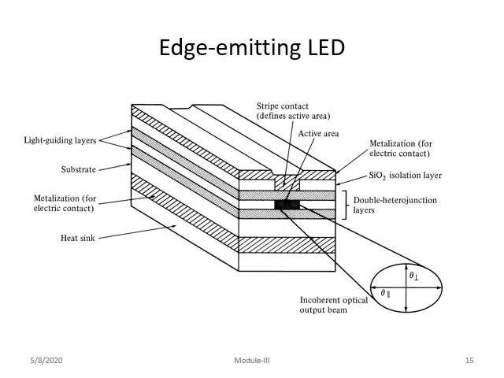which can also be known as a Burrus or front emitter. So next, another type I just mentioned is the edge emitting LED. Here you can see that at the edge, light is going to be emitted, where the optical output beam pattern can be defined. It can have a double heterostructure junction over here. Apart from that region, we can have a heat sink, metallization unit, the substrate, and the light guiding carrier confinement layer which exists around the recombination region where the light is going to be emitted, the black spot mentioned here, which is the active area where light is emitted out.